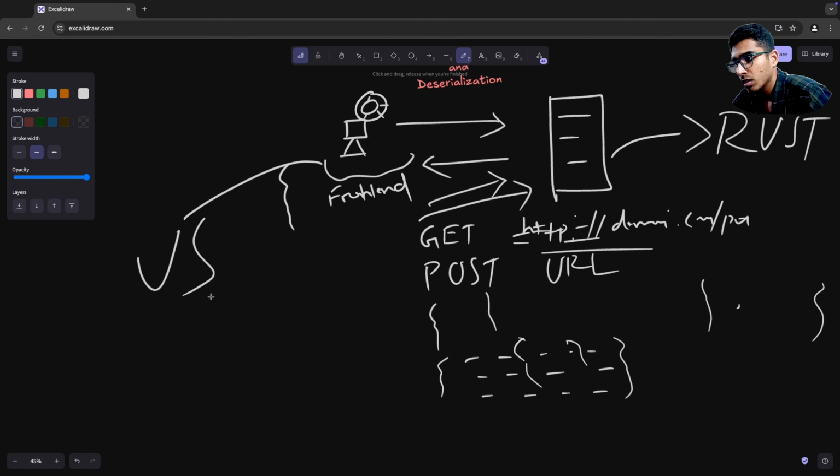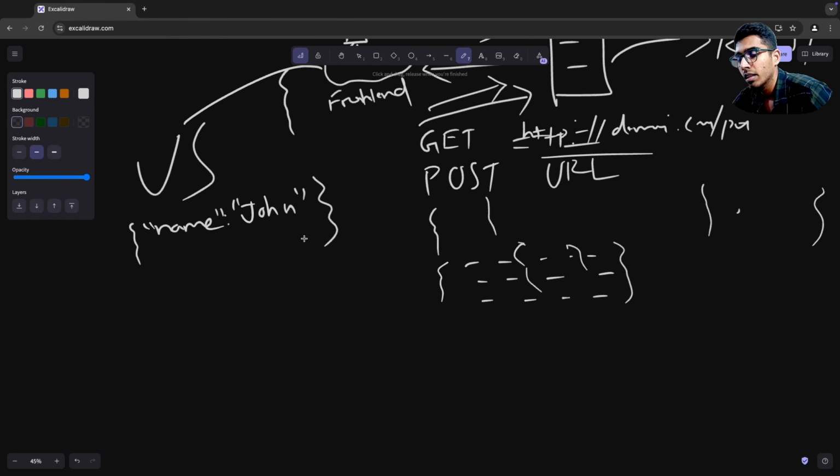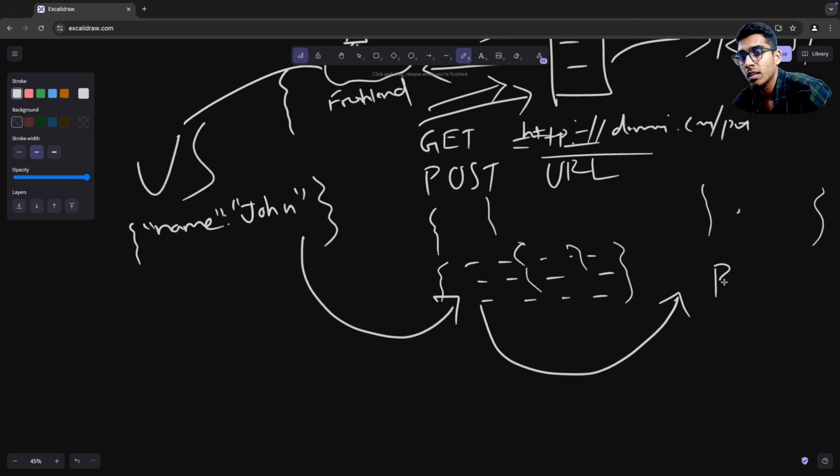So in JavaScript, let's say we are sending this object, right? And we have name is some string. We are sending this. And after we send this in the request body and it reaches the server, which is a Rust server,